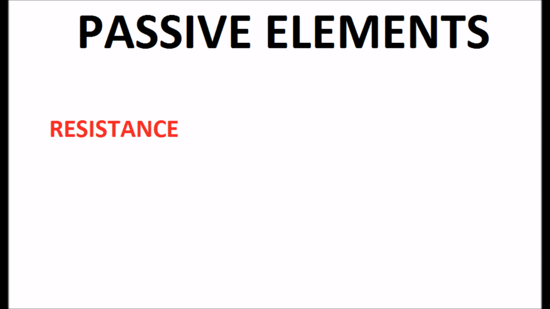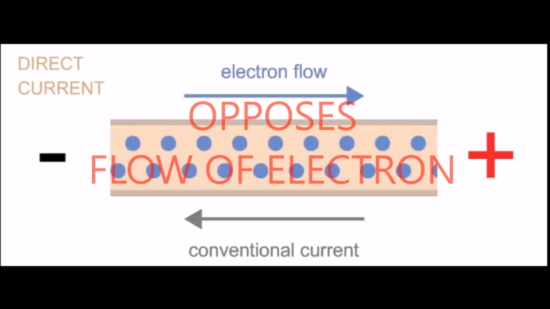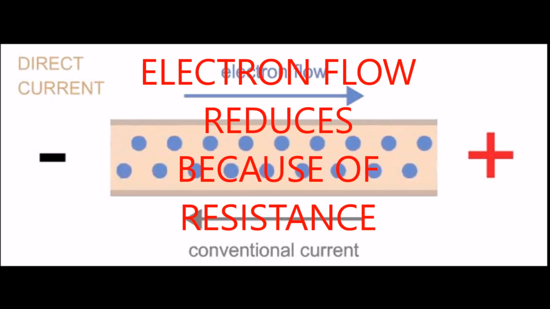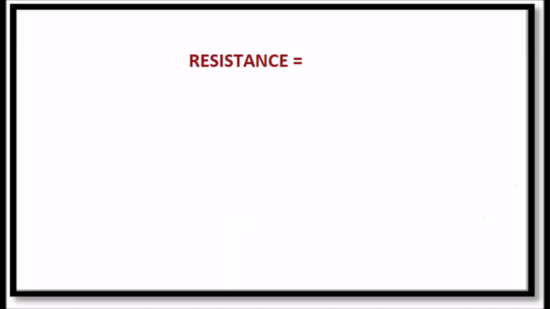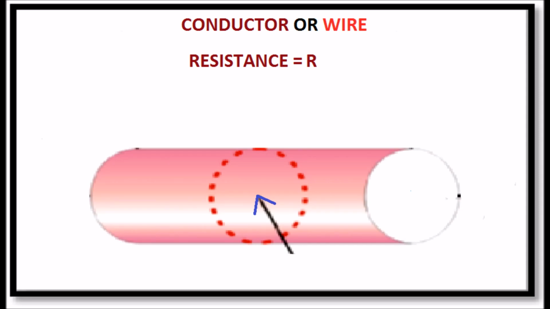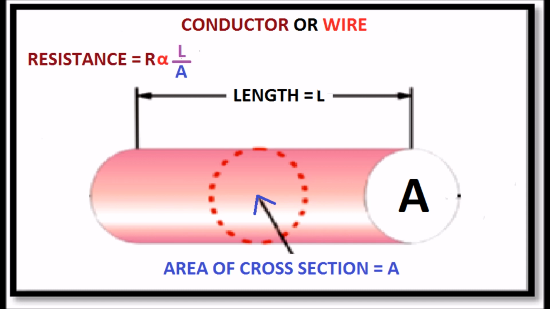Passive elements. Resistance of a resistor may be defined as that property of a substance which opposes the flow of electrons through it. The practical unit of resistance is ohm. The resistance is represented by the symbol R. The resistance of a conductor or a wire is directly proportional to its length L and inversely proportional to its area of cross section A. Resistance R is directly proportional to L by A, and can be represented by R equal to rho L by A,